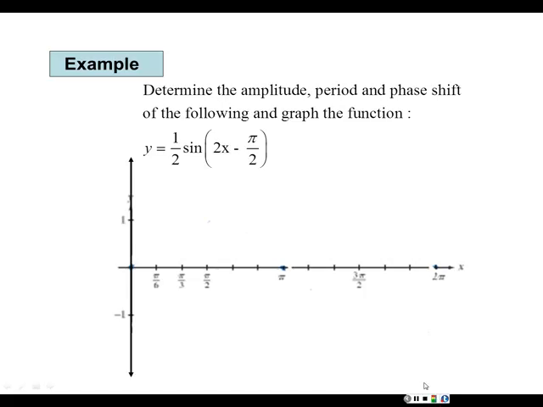So we have A here, which is half. Let's see whether we can draw the graph. So the equation is y equals half sine of 2x minus pi over 2. So what do you know here? The absolute value of A is half, which is the amplitude. We know that B is 2, and C is negative pi over,